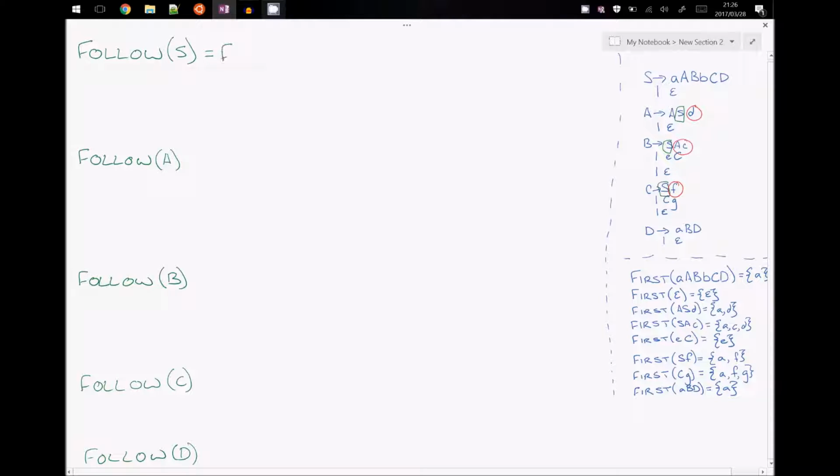So the first set for D, the first set for AC, and the first set for F. And then we're going to remove the set containing the empty string. And the first set for D is just going to be the set containing D. The first set for AC is going to be,